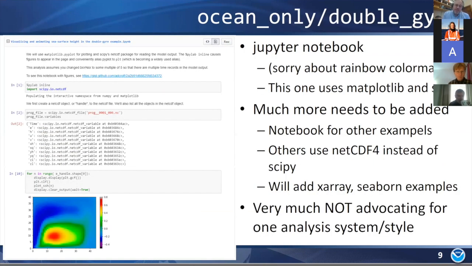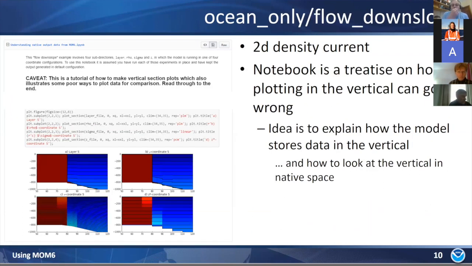So double gyre, as I said, is a very simple model, and it's kind of a useful model because you can turn up the resolution and it starts doing interesting things. It starts eddying, and it's sort of textbook stuff in terms of what's going on in there. But it's only effectively, I think, a 4-layer stacked shallow water model,